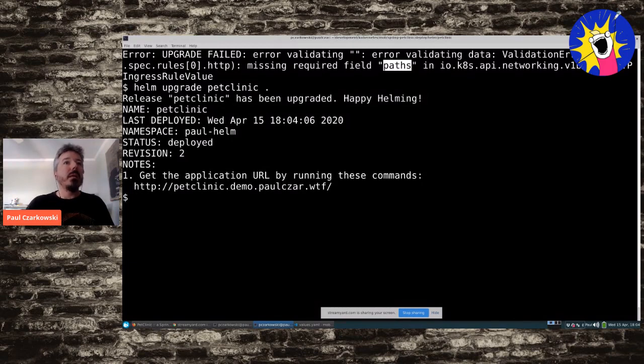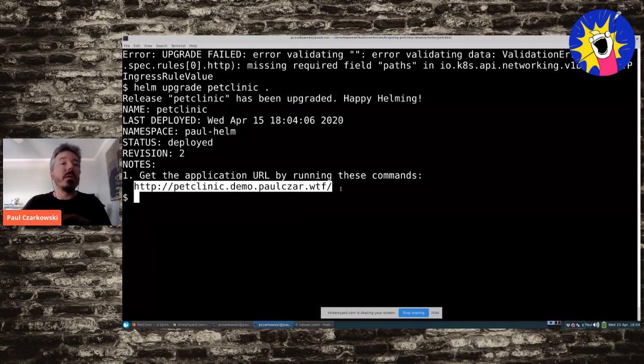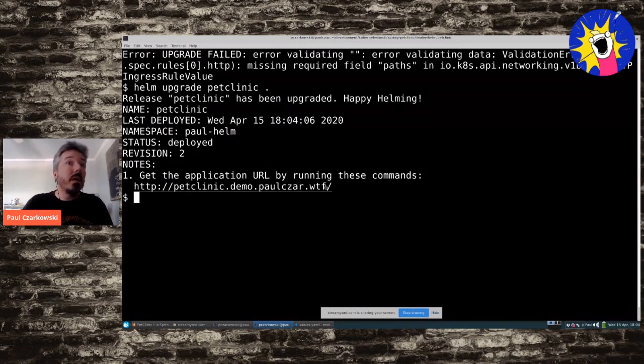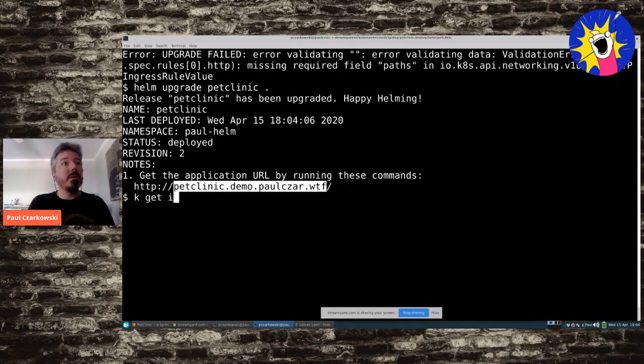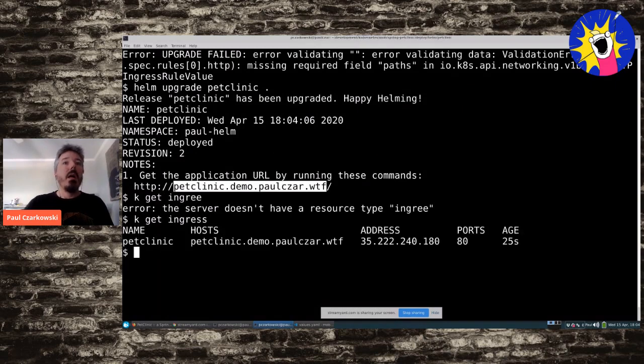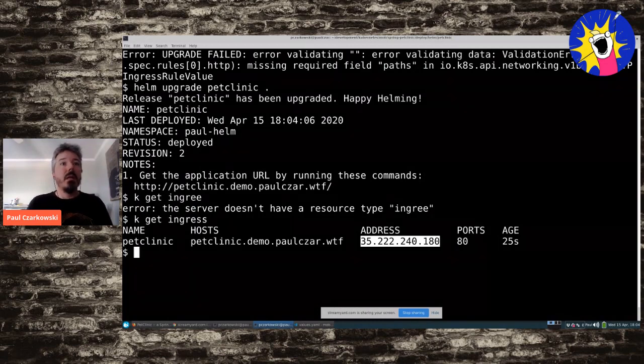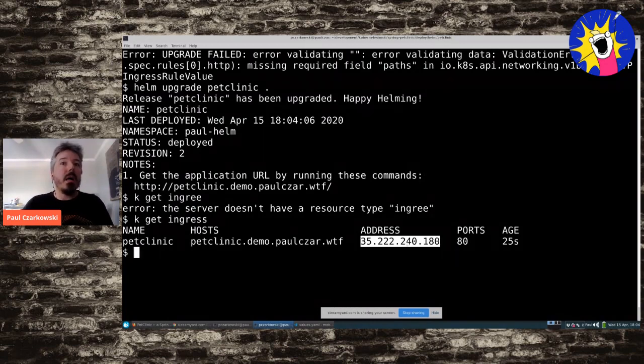Okay, that looks better. And now, interestingly, instead of giving us a bunch of port forward information, it's now telling us that we can go to this URL, which is pretty remarkable. But I haven't done any DNS work, so this URL probably won't work. So what I can do is do a get ingress, if I can spell. As you can see here, here's the host, and this is the address of the ingress. So I can throw that into, if I just do a HTTP of that,